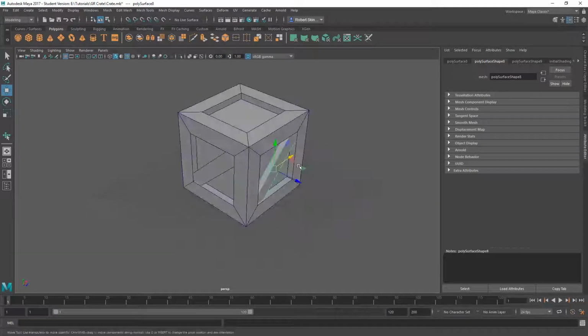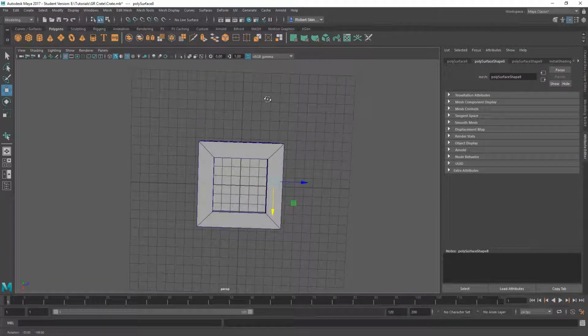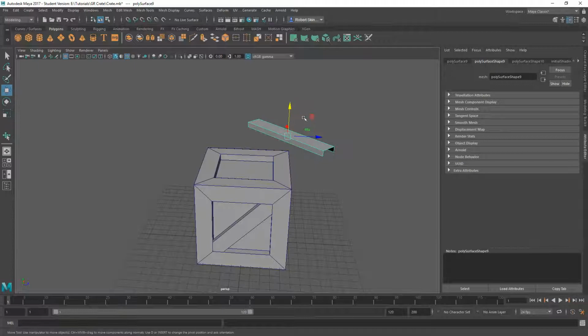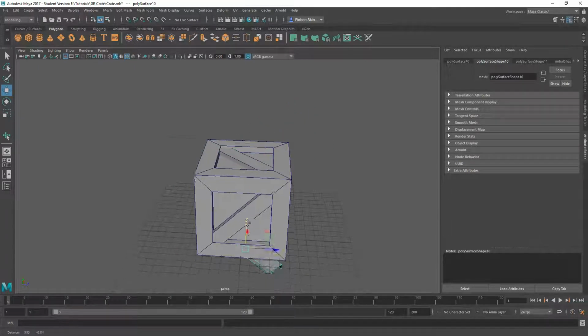Okay. Now we also want to put slats on the top and the bottom, but of course Shift D isn't going to help us here, so we're going to return to Control D. So I'm going to select this object, I'm just going to rotate it by 90 degrees, and I'm going to position this on the top, and then I'm going to press Control D again, and we'll do the same on